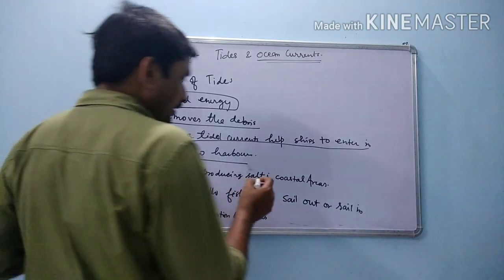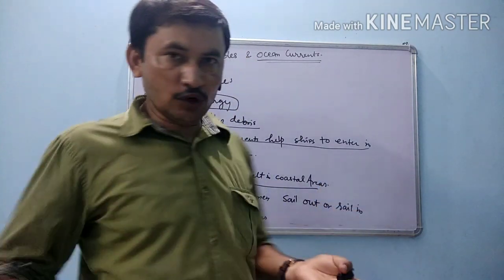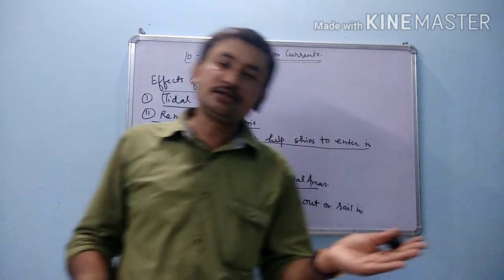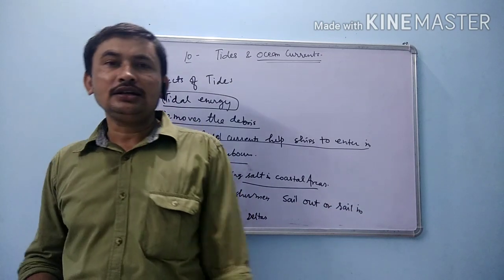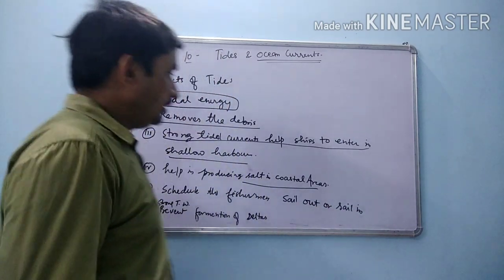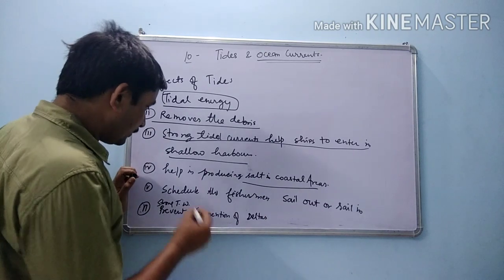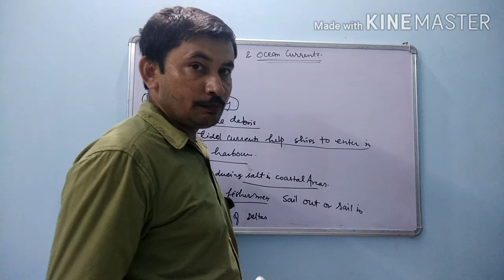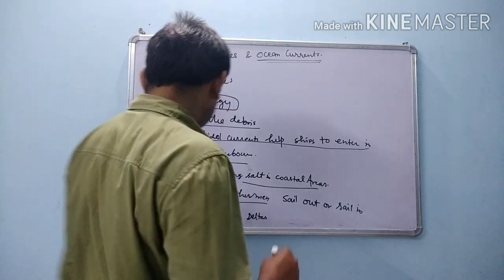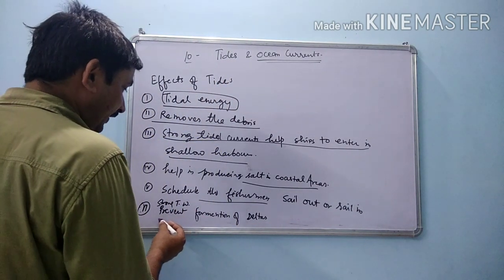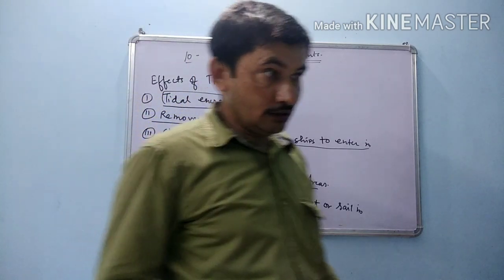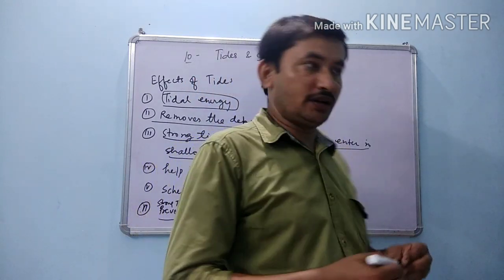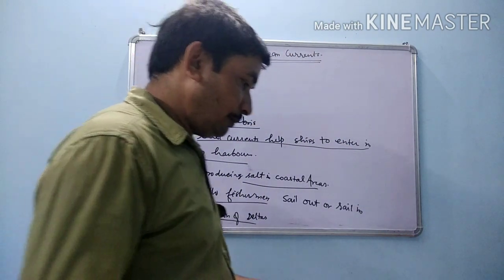Tides help in producing salt in the coastal areas. Mostly small beds are made, and when the high tide comes, these beds fill by default with ocean water, which evaporates and changes into salt. They also schedule the fishermen, when they will sail in or out of the ocean. Strong tidal waves prevent the formation of deltas, but promote the creation of wide